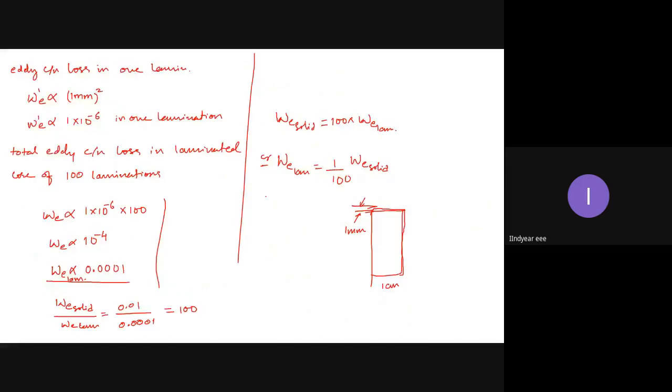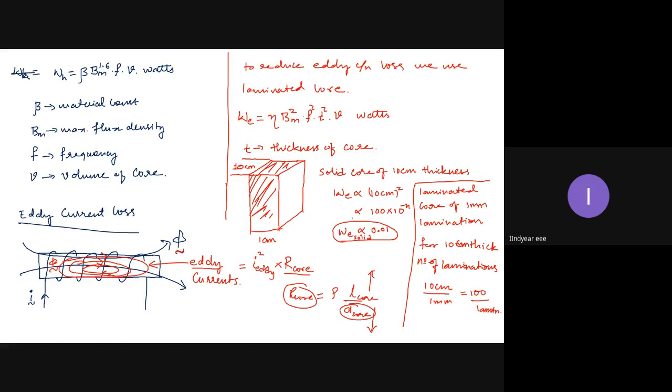See, this calculation that I have shown is only with respect to thickness. We haven't yet calculated the reduction in the eddy current. Eddy current reduces to a very low value when I use lamination. Only with the thickness, the eddy current losses are reduced by more than 100 times. There is a reduction in the current also. When current is reduced by half, the eddy current losses are reduced by 4 times because it is I square R.